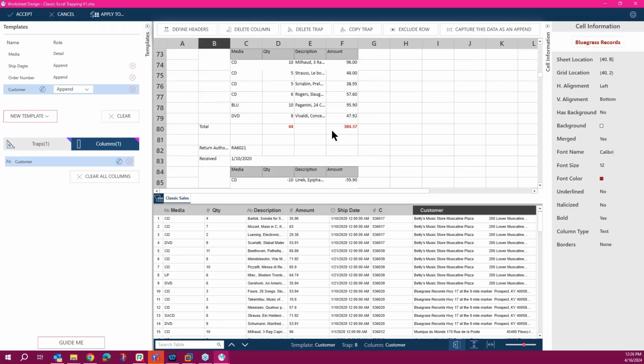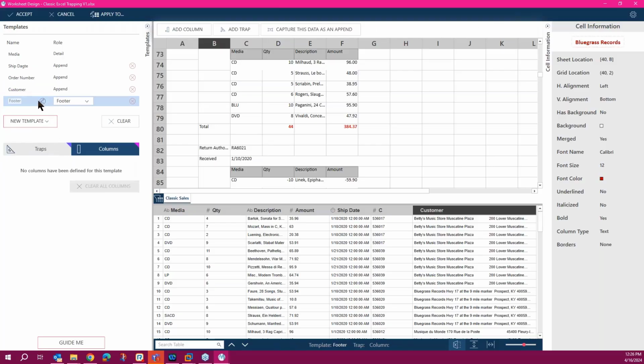Then if I want to capture the total, the total is below the detail. So I need to select group footer or footer templates first, because there are no footer options up here, but I can select a footer choice here, and that would be total.